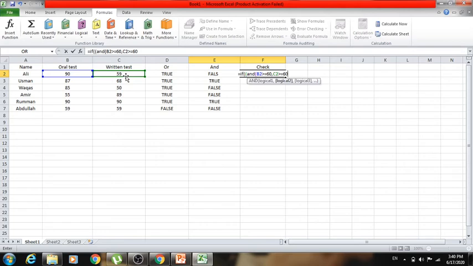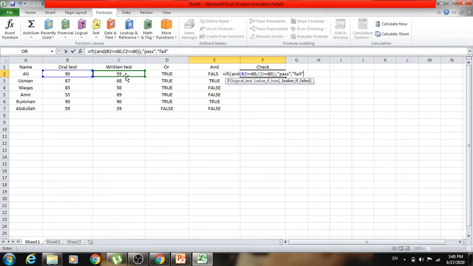Okay, we have opened two brackets, so we have to close two brackets. Now what is the first condition of if? Pass, and what is the second condition? Second condition is fail.